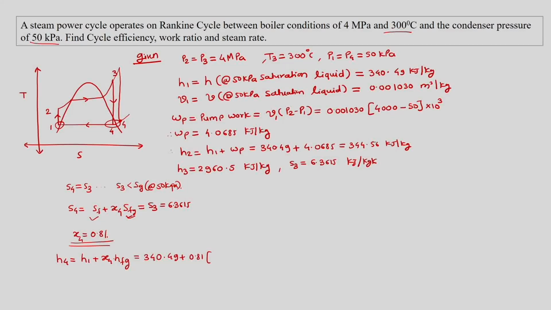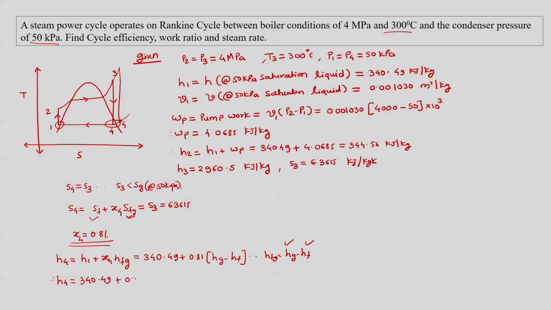If Hfg is not given, we can write it as Hg minus Hf, which is saturation enthalpy of vapor minus saturation enthalpy of liquid. So knowing this, we can find out H4 is equal to